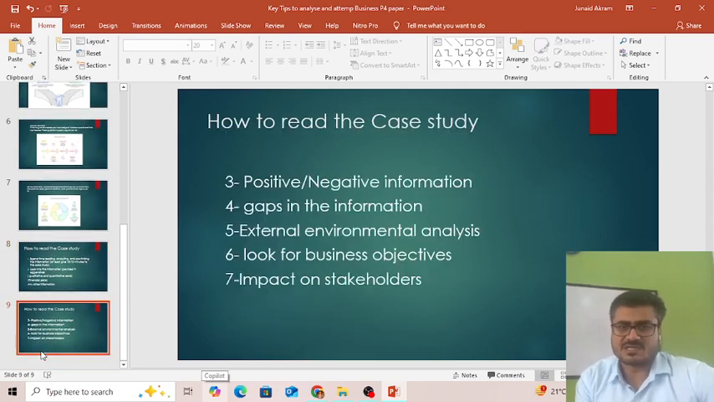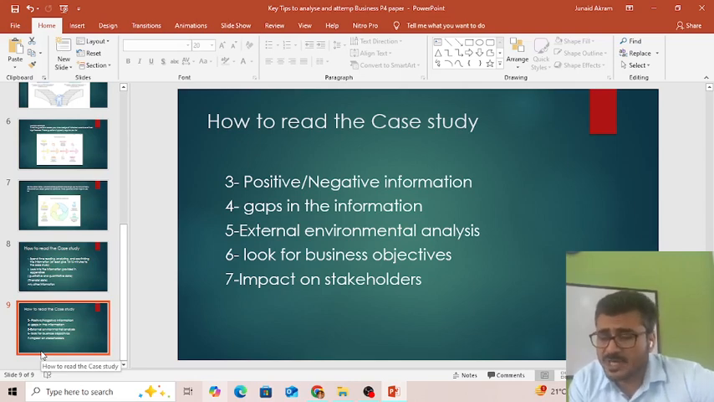Again, other points are you should scan for positive and negative information, where the business has performed well, where the business has not performed well. You can also scan for where the gaps are present, where information is not being provided. This information obviously will help you while evaluating the points, and